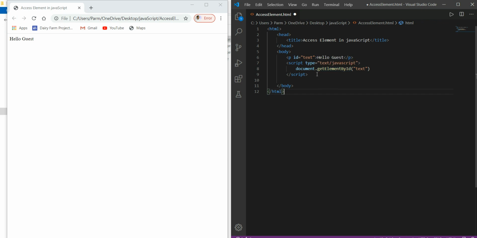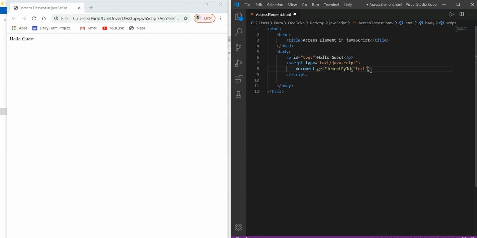The first word, get, has its first letter in small, and the rest of the words have the first letter in capitals. So this is the beauty of Java. We follow this convention for giving names to the Java methods. Okay, so keep remembering this.